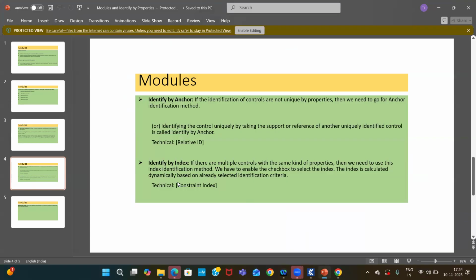Hello everyone. In previous sections, I have explained about identifiable properties. Today, I'm going to explain about the anchor identification method. If the identification of controls is not in a queue by properties, then we need to go for the anchor identification